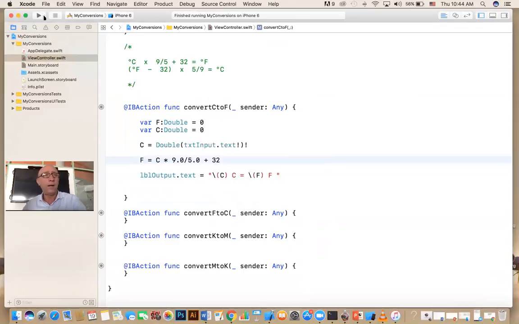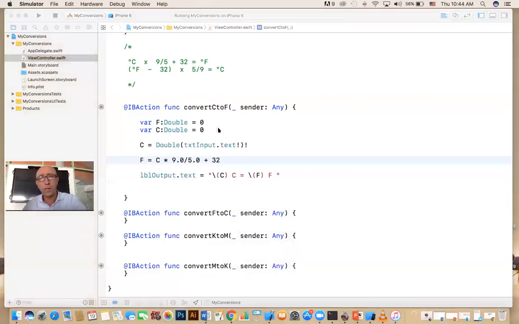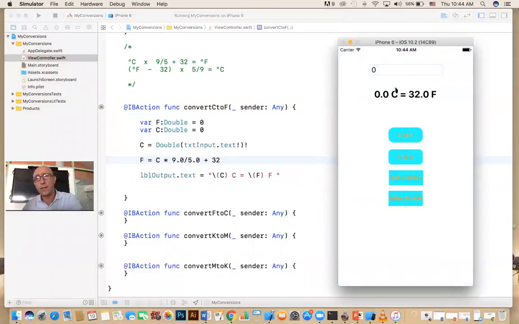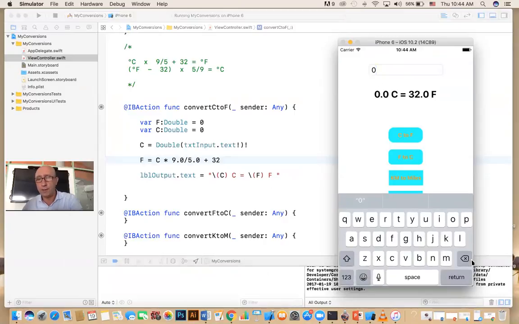Okay, we run it again. And then we should see 0 Celsius equals 32 Fahrenheit. If we put a different value here, notice the keyboard, this is an input text field. When you click on the keyboard, this would be the topic of the next video. What happens is that you can actually change it to numeric. So if I type in 5 Celsius and do this, 5 Celsius equals